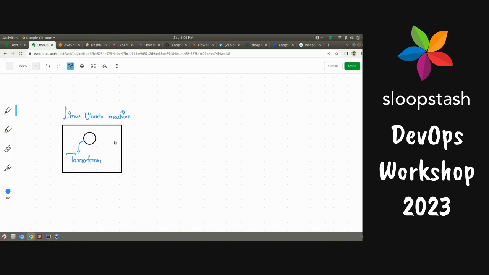Okay. So what we are going to do is, in this Linux machine, in this Ubuntu machine, we are going to prepare Terraform by installing, or basically I have already cloned that. So we're going to have something called HashiCorp's configuration files, or HashiCorp's Terraform configuration. So it's a declarative syntax, okay, like a pipeline. So what we are going to do here in this box is we are going to fill it with,